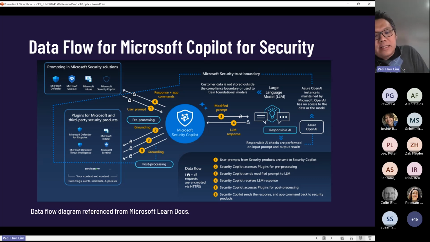So once the prompt or input from the user is sent to Copilot, it determines which plugins to leverage during pre-processing. Then it sends the modified prompts to the large language model and receives a response on the plan to fulfill the user's request. Copilot for Security then accesses the plugins to gather information and to take action. In post-processing,